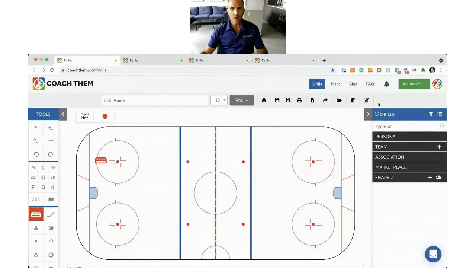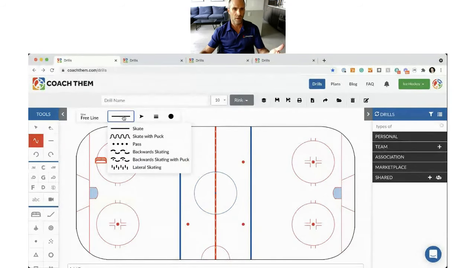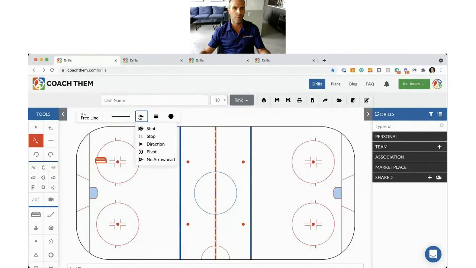So on our Sketchpad, we started with the properties menu. As you can see, when you select the free line tool, it has nice crisp edges. You have the gradient at the back. It has the same amazing features with our line, so the skate with puck, but also with our endpoints, exactly the same.